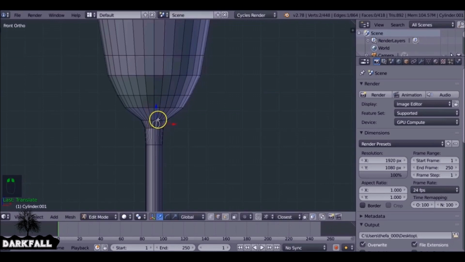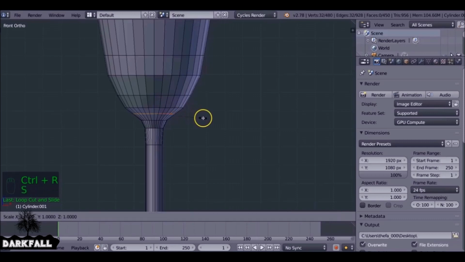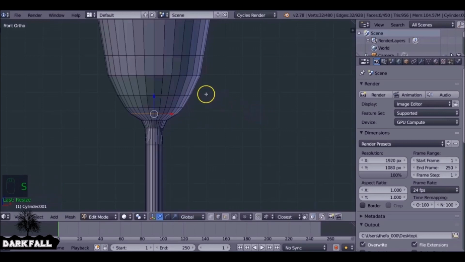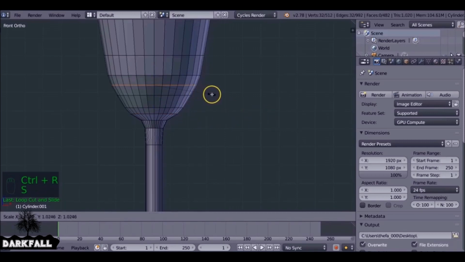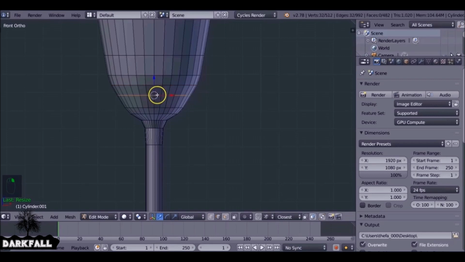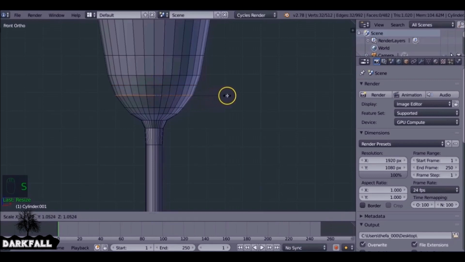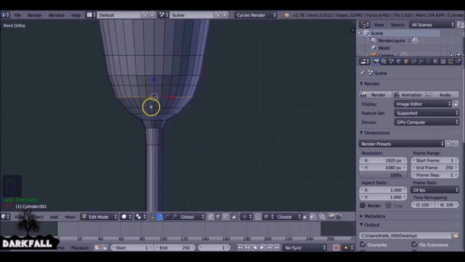Just keep scaling it. And also when I'm scaling, I'm holding shift so it moves ever so slightly, because if you don't hold shift, it'll move in massive amounts, which will just annoy you. So yeah. And again, we want to select this ring, so you just hold Alt and right click. That's probably one of the most useful things for me anyway, as when I'm modeling, is the